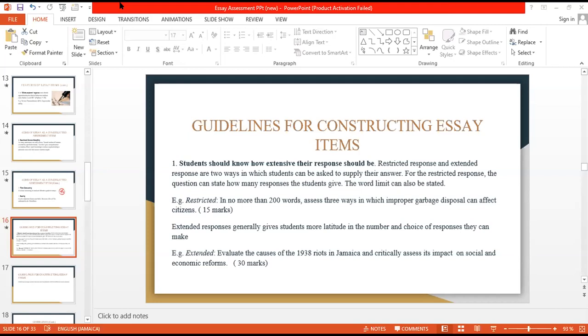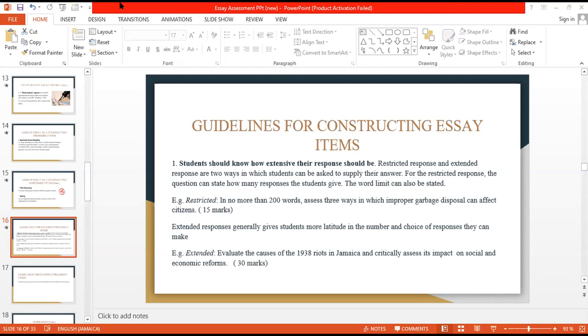So if you say evaluate using at least 3 causes, a minimum of 3 causes of the 1938 riots in Jamaica, and critically assess their impact, you get where I'm going? Would it have been a little less